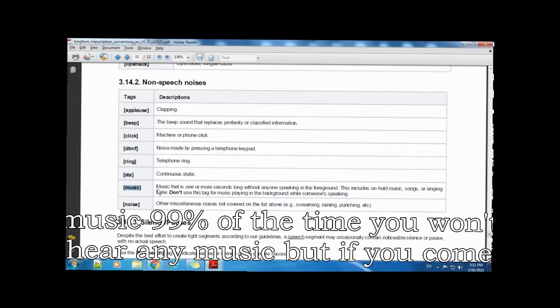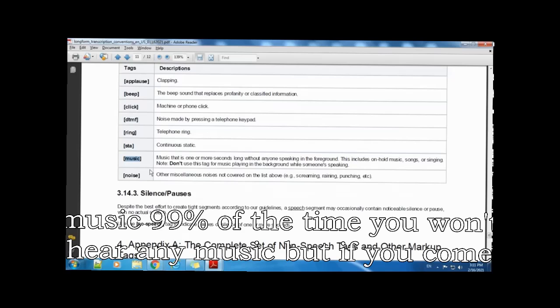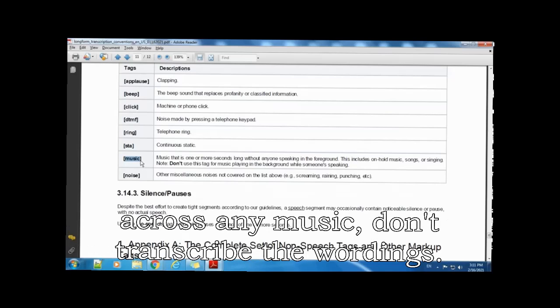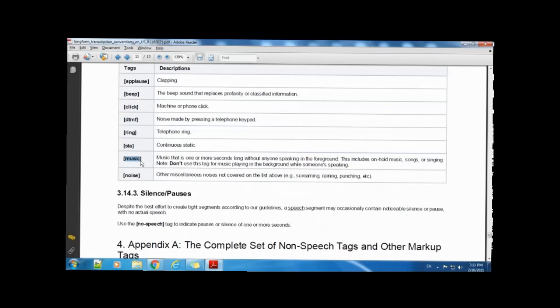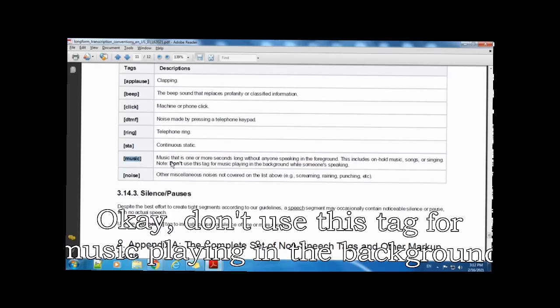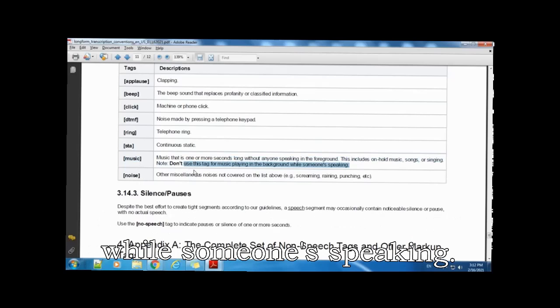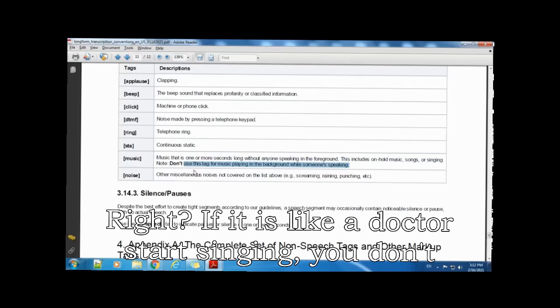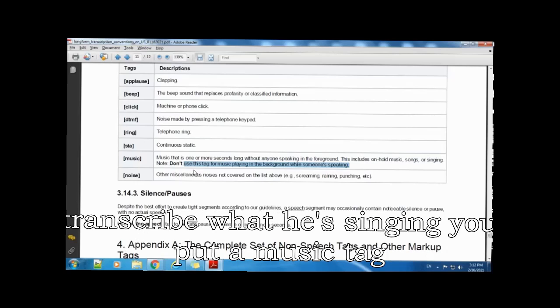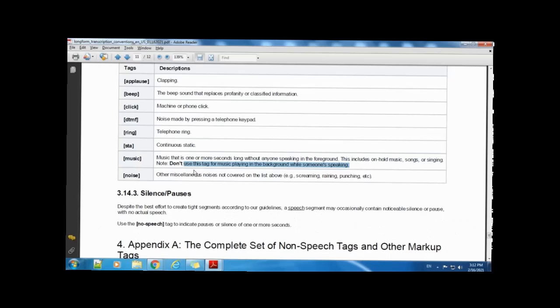Music: 99% of the time you won't hear any music, but if you come across any music, don't transcribe the wordings, please put a music tag. Don't use this tag for music playing in the background while someone is speaking. If a doctor starts singing, you don't transcribe what he's singing, you put a music tag.